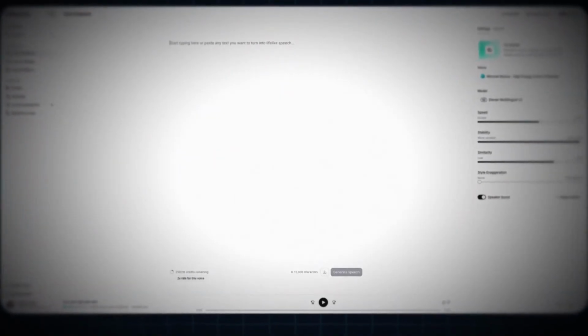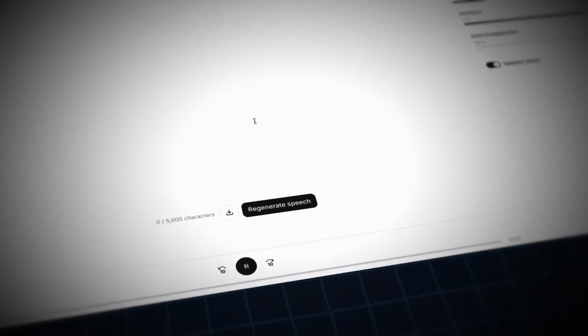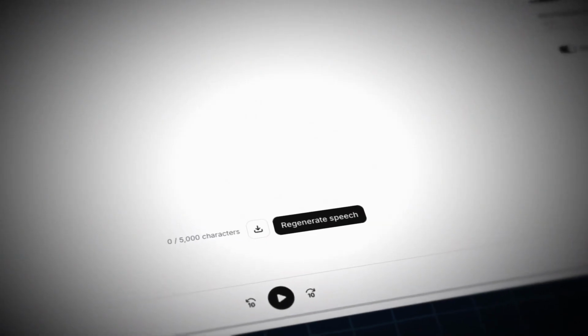voices. So head over there, click on Text to Speech, and paste in the dialogue from ChatGPT. Pick a voice that matches the character and hit Generate Speech. Sometimes it can mess up the pronunciation, so you might have to regenerate it a couple of times before downloading